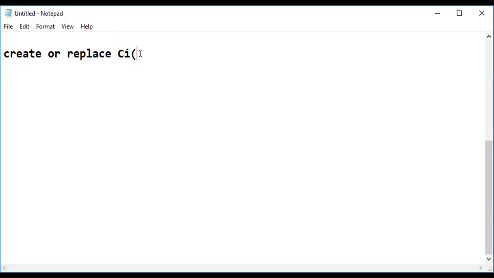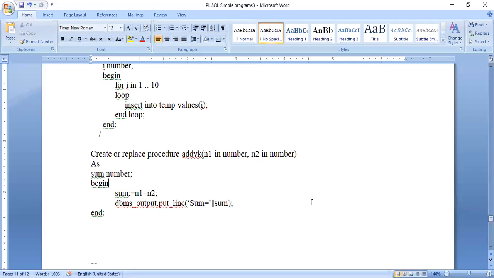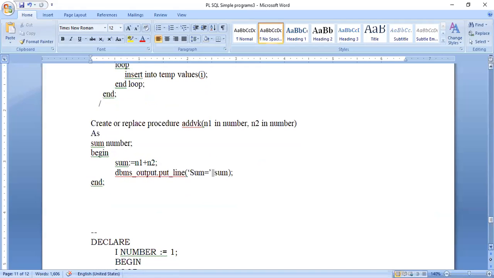So how do we have to do it in PLSQL? In PLSQL, we should do it like this. I have already done a simple program to add that I will show you. Can you see this Word file here or no? I can only see create or replace CI. Acha, you are seeing a notepad actually. Now you can see the Word file. Create or replace procedure.